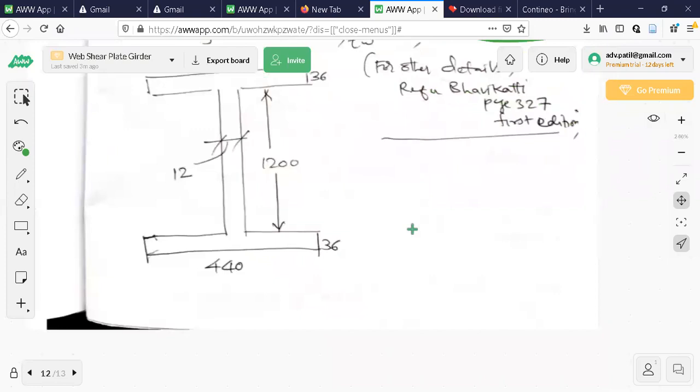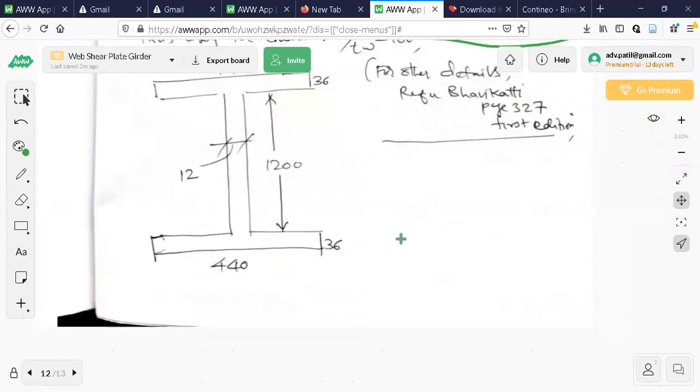Sometimes what happens in the question paper is there will be some confusion related to trusses, whereas plate girder data may be easy to follow. That time you have to solve plate girder, avoid the truss. Sometimes plate girder may be lengthy, truss may be simple in the question paper. You have to attempt truss. I cannot say that you don't study truss and only plate girder. We cannot say like that.